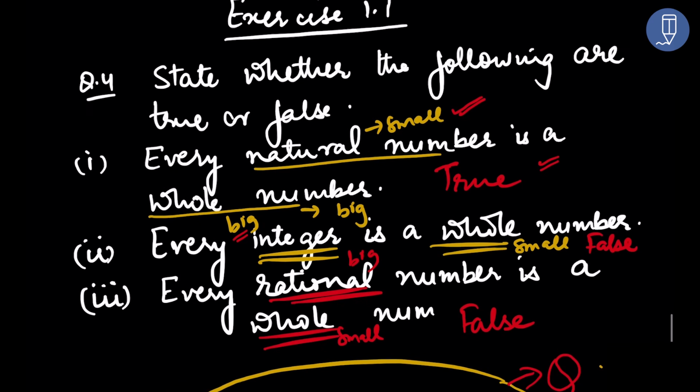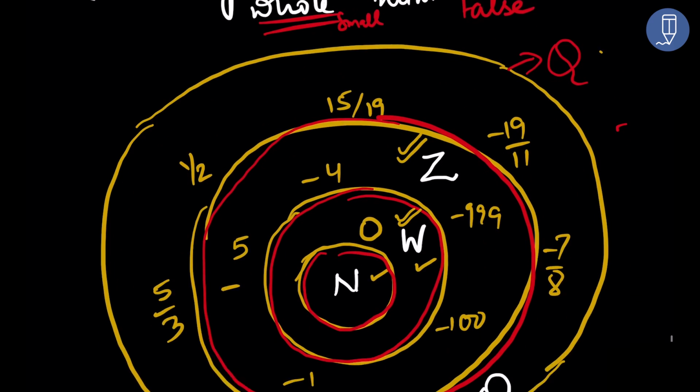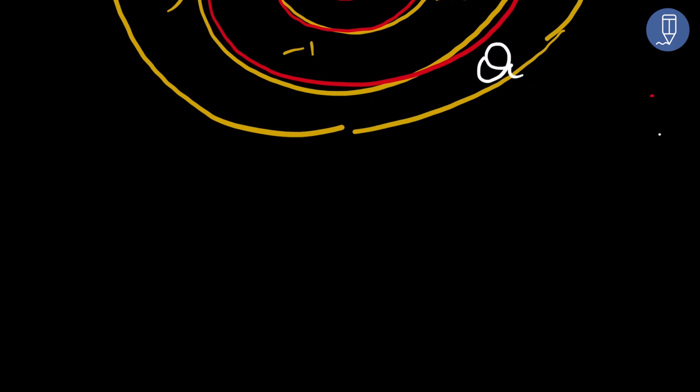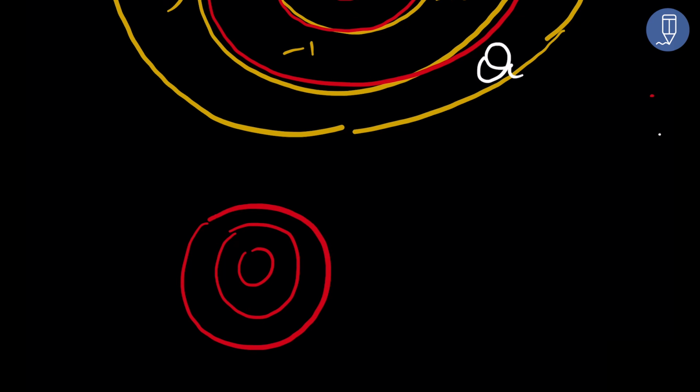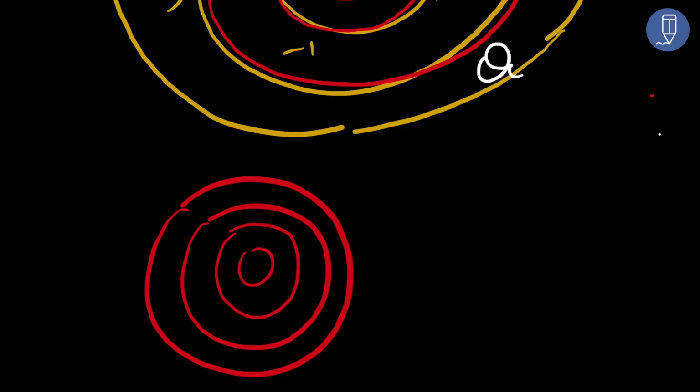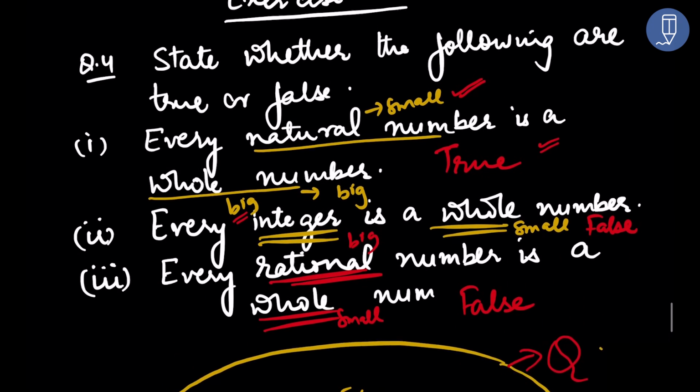Understood? So what you have to do is just remember this figure. I'll make it in a very small size. It has to be like this. You just make a small figure in a rough column, natural numbers, whole numbers, integers and q, and use this figure to answer all such statements. Okay?